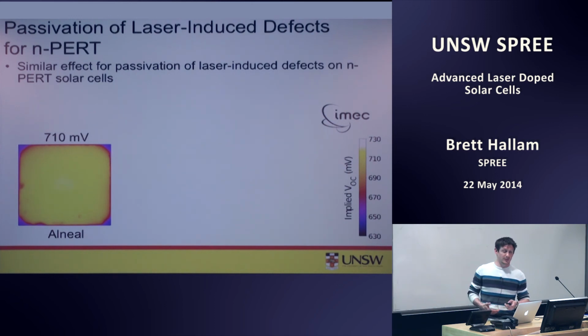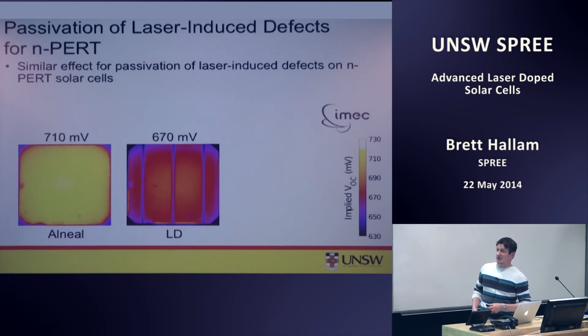So some of the work I've done at IMEC was on the NPERT technology, so using an N-type wafer with a rear boron emitter. And so we're starting from the implied VOC after the anneal process of around 710 millivolts. As we introduce laser defects onto the front surface, so it's a selective front surface field in this instance,